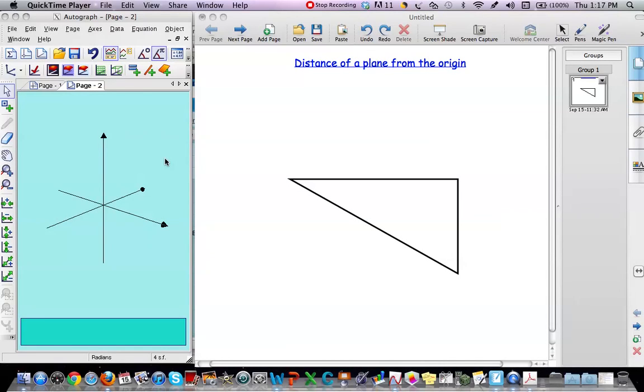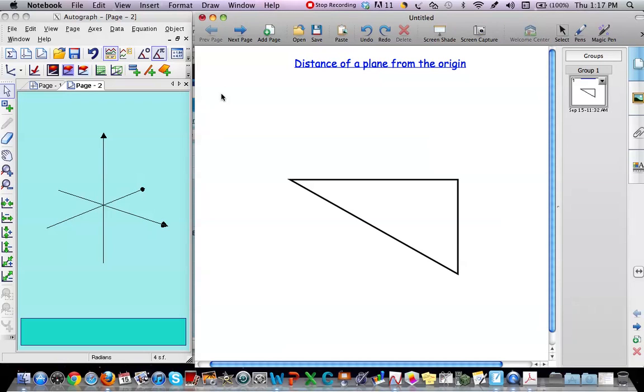The purpose of this podcast is to demonstrate how to find the distance of a plane from the origin using the Cartesian form of the equation of a plane, and also to demonstrate why it is that the particular expression used to find the distance works, how and why it is that it works. And so what we're going to do